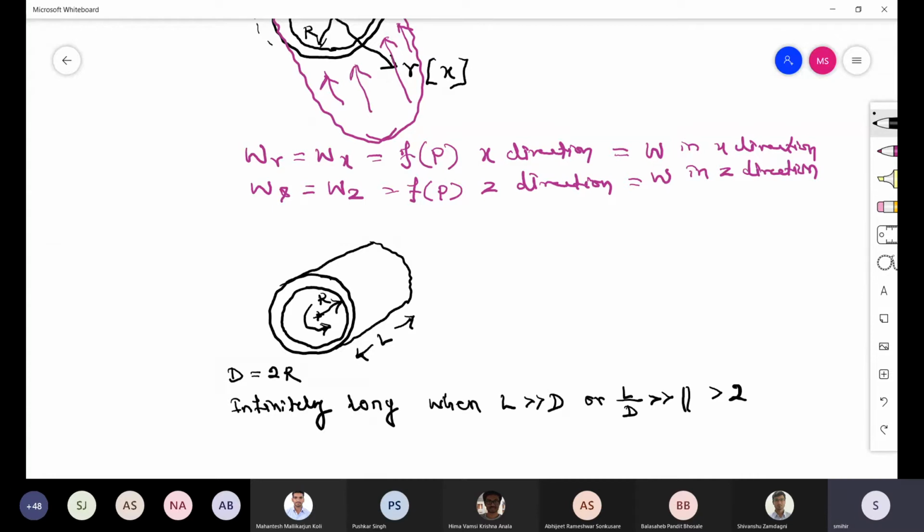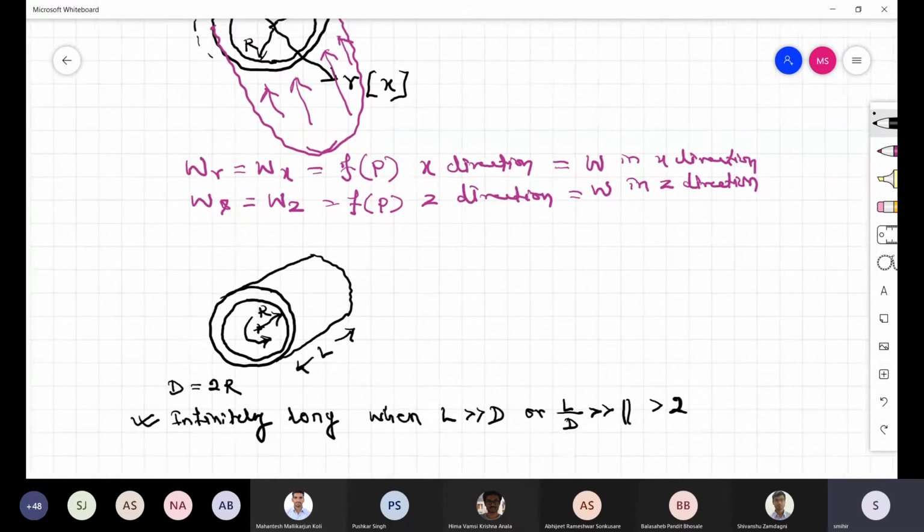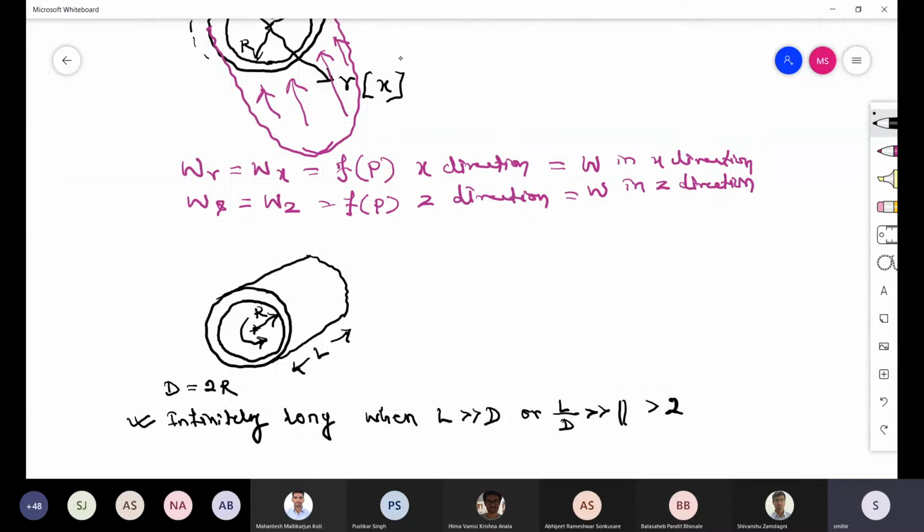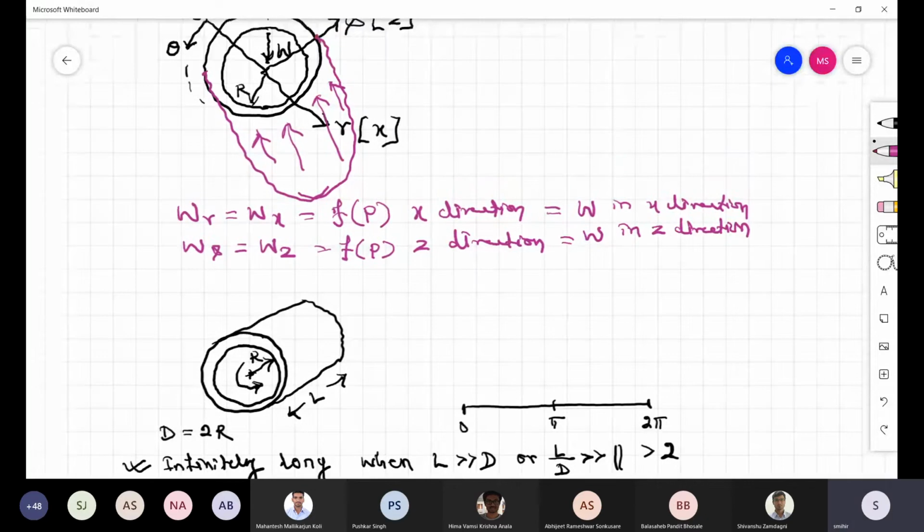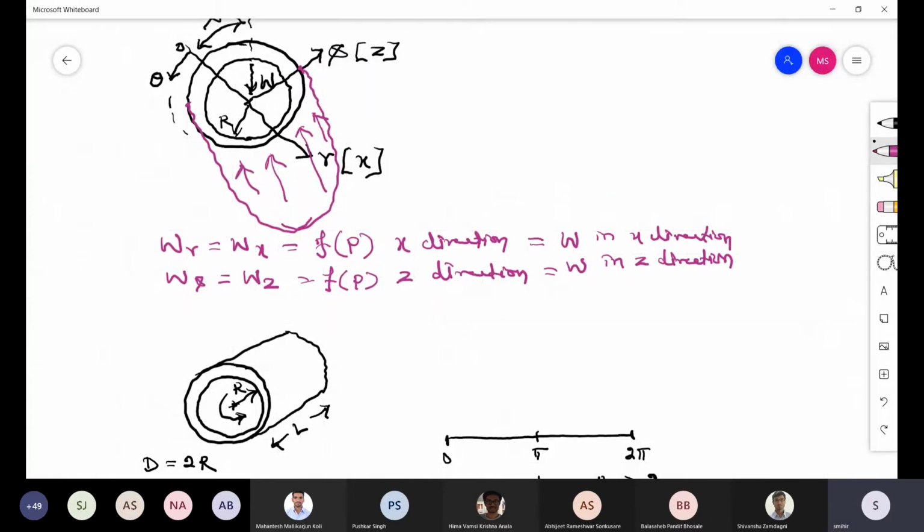So in this case, this is the first case, you call it as infinitely long. Now what happens if it is infinitely long? Now if you see the pressure diagram, let me open the circumference first of all. This is circumference. Let us say this is 0, this is 2 pi, this is pi. So we discussed last class 3 boundary conditions: Sommerfeld boundary condition, which is not accurate; half Sommerfeld, slightly closed; but Reynolds boundary condition that gave us closed pressure distribution.